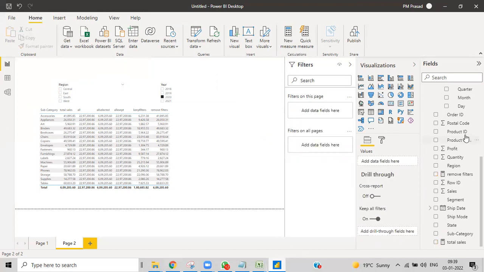I'll just give you an example. You can take it like calculate, the same thing we already have.